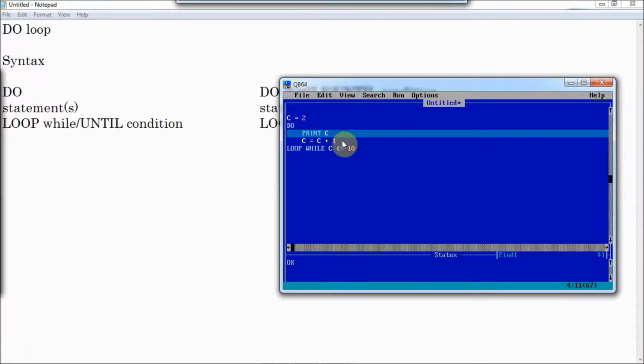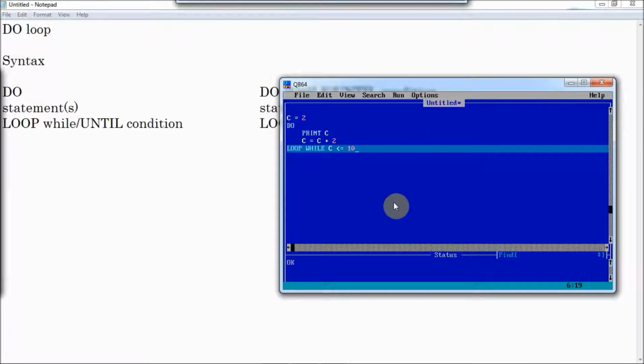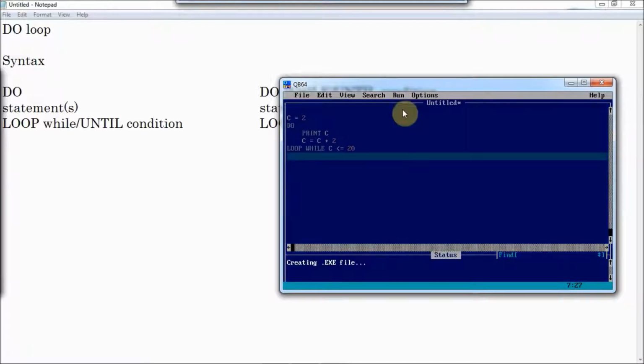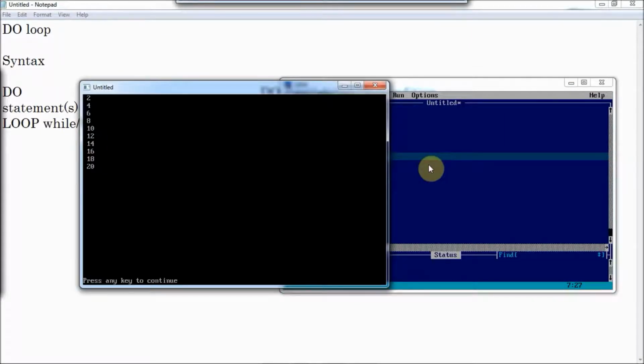The next even number will be 4. For that I need to add 2 to 2. 2 plus 2 is 4 now. If you have to print 10 even numbers, that means it has to go up to 20. So this is enough. If I run this, you get the same output again. Alright.